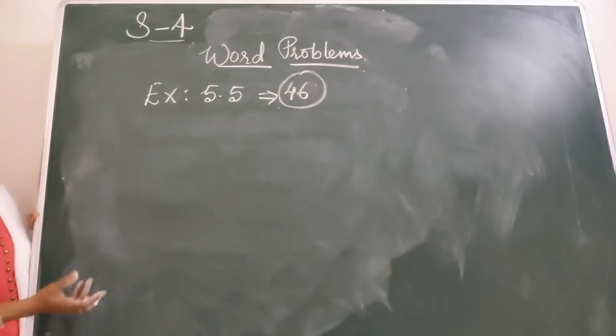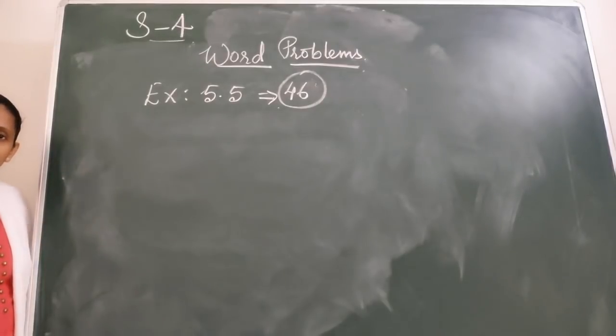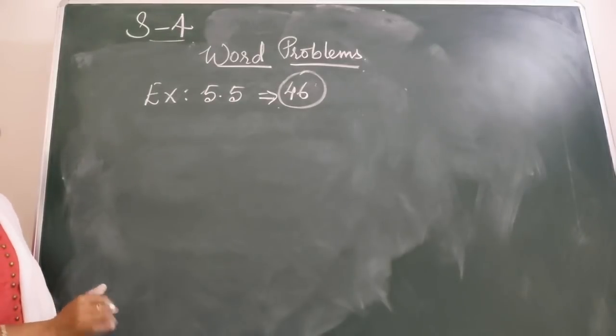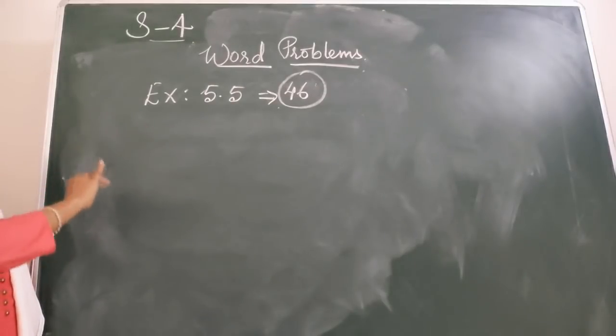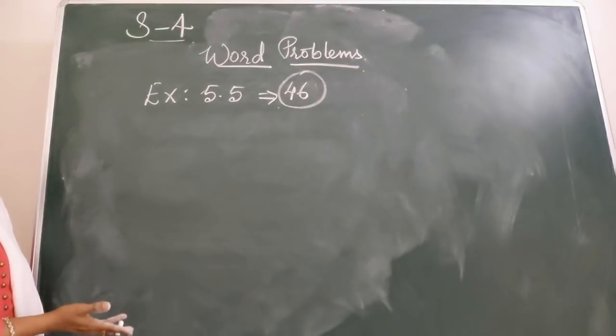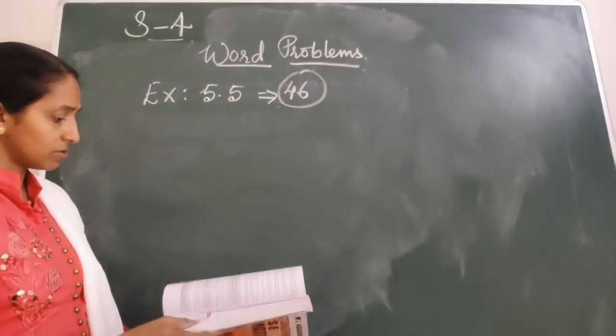Go through the word problems and read them several times. If you read once, twice or thrice, by that time the idea will be clear: what to do, what is unknown, and what all quantities we have to find. Then connect the equation, make a condition, frame the formula, and after framing, make it in the standard form. Then simplify it with the factorization method. So among these 46 questions, you can note down the homework.